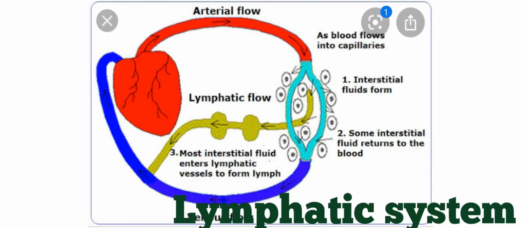So a system is required for the passing of this lymph and it is called the lymphatic system. It contains lymph nodes present all over our body for the passage of the lymph. Lymph vessels are there in this system which act as one-way valves to stop the backward flow of lymph. In these lymph nodes, white blood cells are there which fight against germs and protect our body. So students, I hope you have understood now what the lymphatic system is.